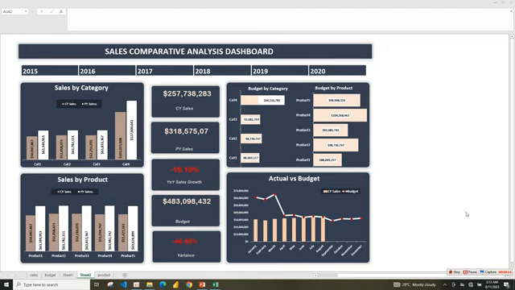So in this video, I'll walk you through how to create the sales comparative analysis. This dashboard compares the sales performance of different products and category for the last few years. And in this dashboard, I display comparison of current year, previous year, also budget sale and variance budget, and also